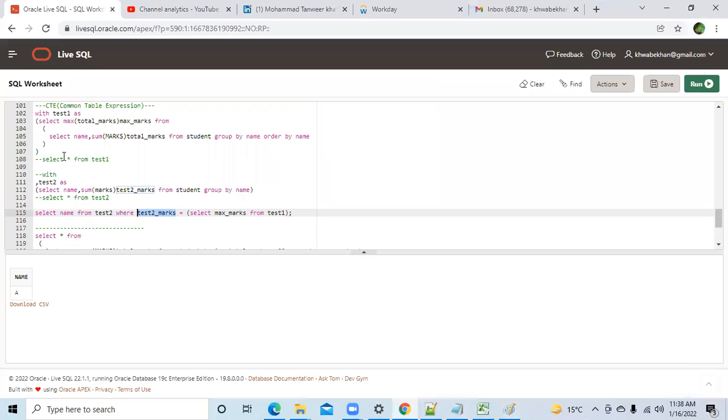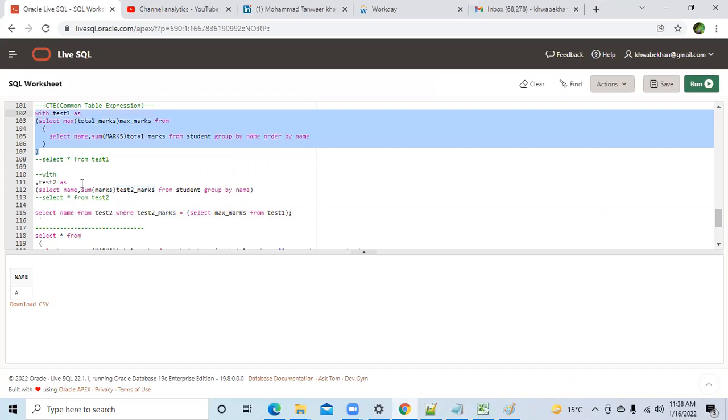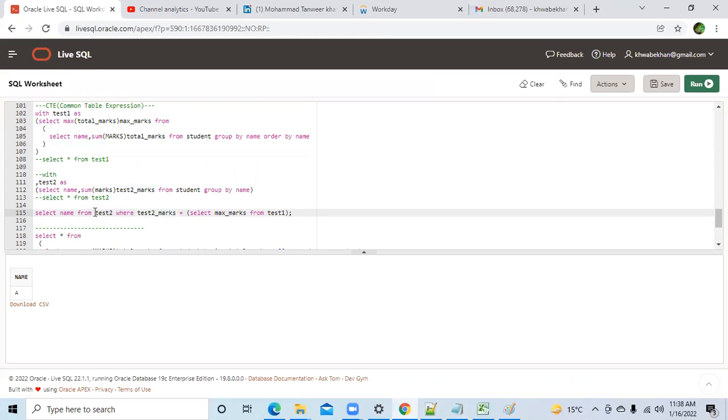Okay. So this is known as CTE, common table expression. Now, why is this known as a common table? I have given the name as a bucket, but SQL will treat this name as a table. That's why this is one common table, and test2 is another common table. Why is it common? Because finally you can use both the tables. You see, in the final query I've used test1 and test2, both the tables, and I've got the output. Is this clear, everyone?